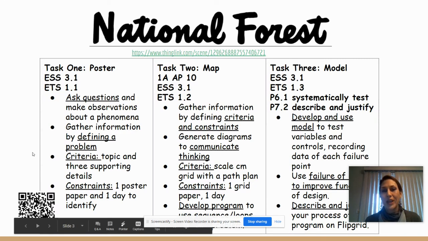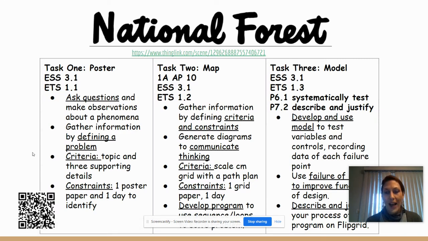Students will have three major tasks or artifacts throughout their investigation. Again, this emphasizes the NGSS engineering design process. So task one really embraces the literacy components where we are going to research, use evidence, ask questions, and develop our empathy. Students will be asked to make a poster, whether they want to make a physical poster using paper,